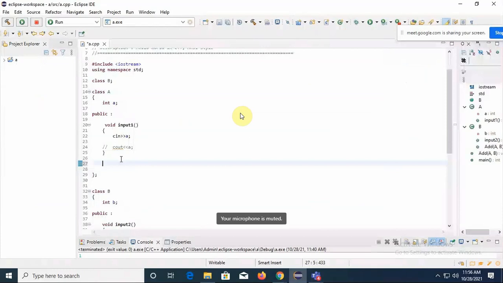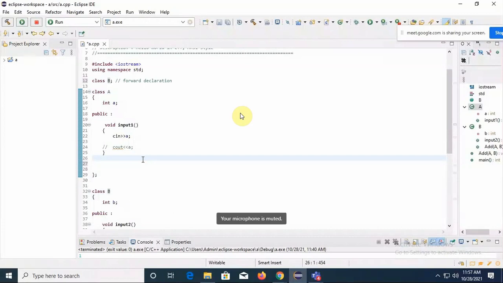So what I will do, here we are having one class. You know about this one, right? This is called a forward declaration. Why is it required? Because when we are writing anything here, as in a prototype, the compiler doesn't understand it when I'm passing it as a parameter. So to let the compiler know at the prior stage, we need to declare it. And that declaration is called a forward declaration. Is it okay?